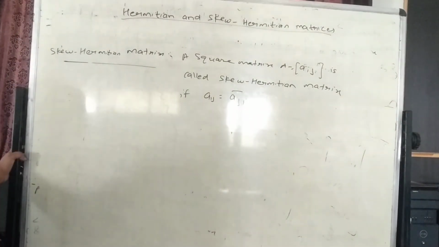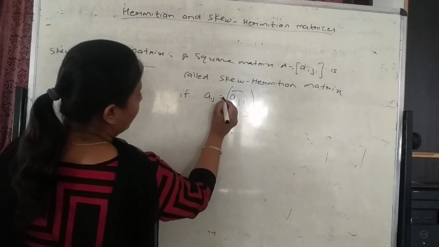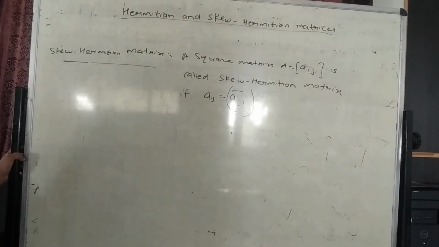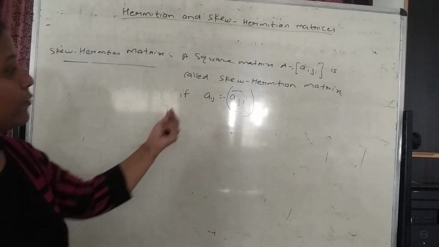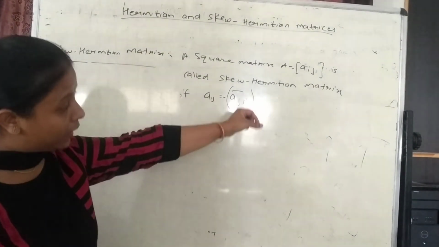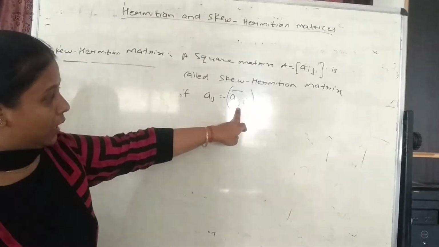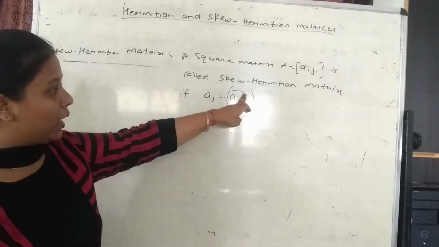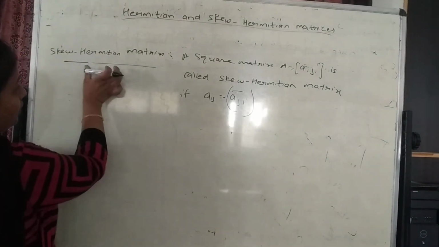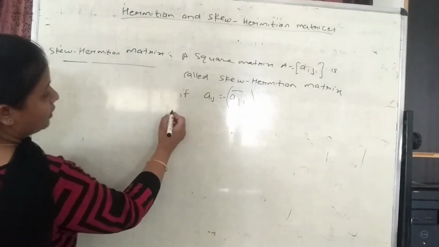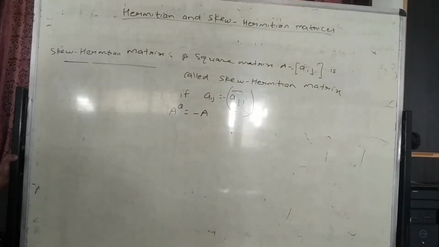It is the same as the Hermitian matrix, but what is the difference in the definition of a skew Hermitian matrix? Here the minus sign should also be there. It is the only difference between Hermitian and skew Hermitian matrices. We have to take the elements in such a way that the elements will be equal to its transpose Aji by taking a conjugate as well as its negative sign also. That is the definition of the skew Hermitian matrices. What is the necessary condition? A theta should be equal to minus A.